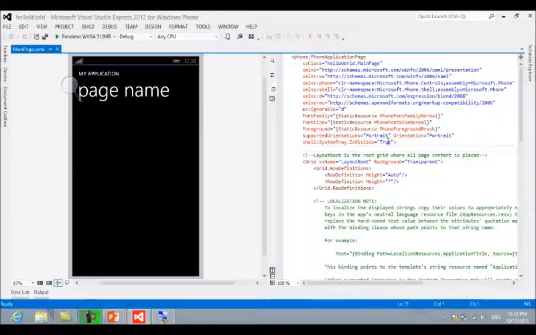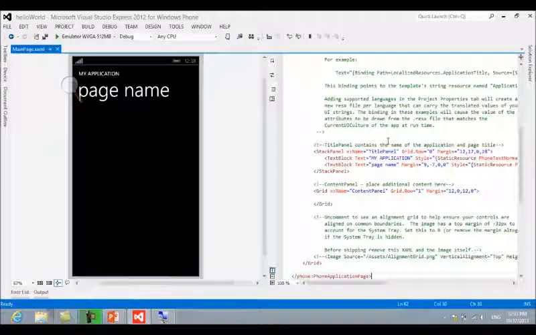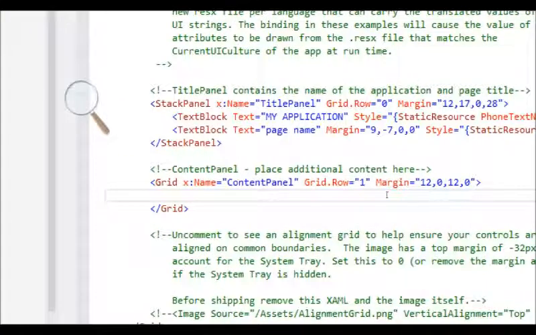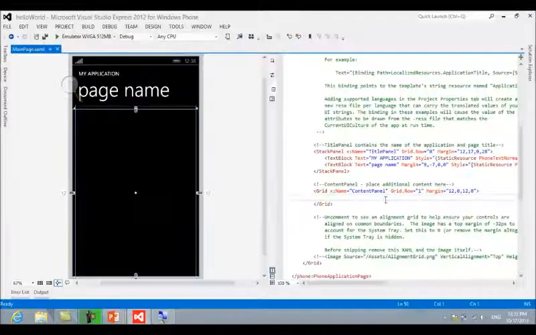This is called XAML code, the Extensible Application Markup Language, which helps to design our application. And the best part is that the UI window and this XAML part are totally interrelated. Whatever you do inside your XAML will be reflected on your layout page, and whatever you do on your layout page will be reflected back in your XAML page. Just have a look over here. You can see a grid panel which is right now empty, and whatever we add over here, you can see the changes directly.